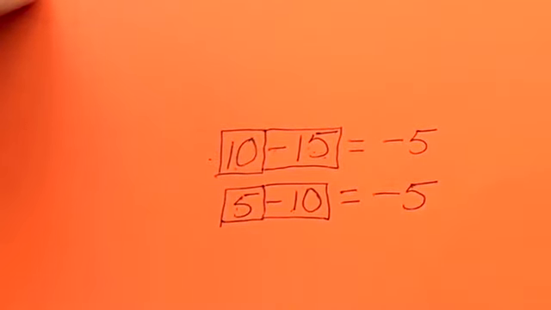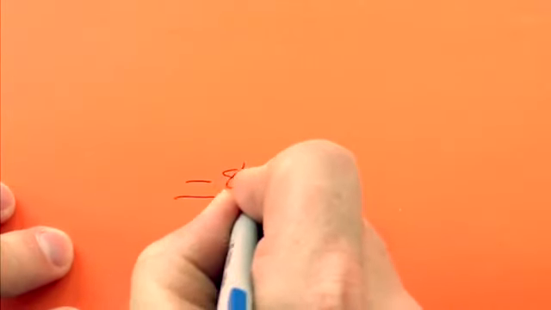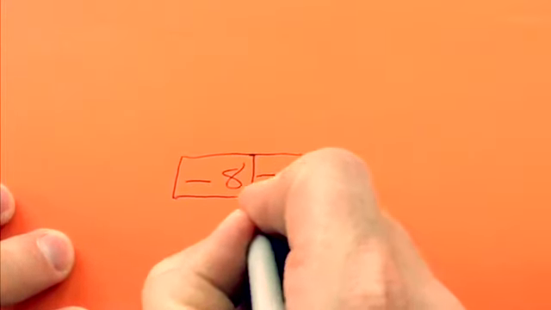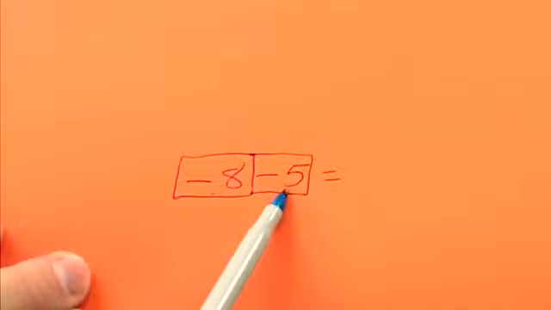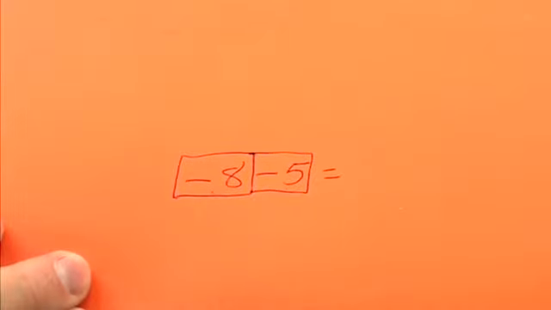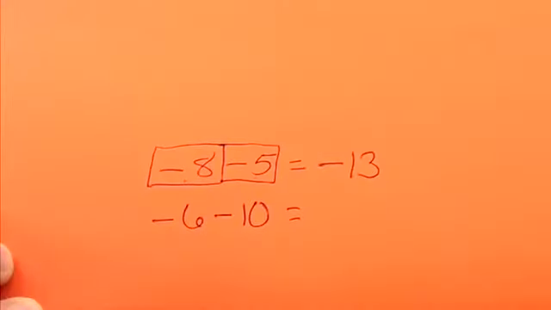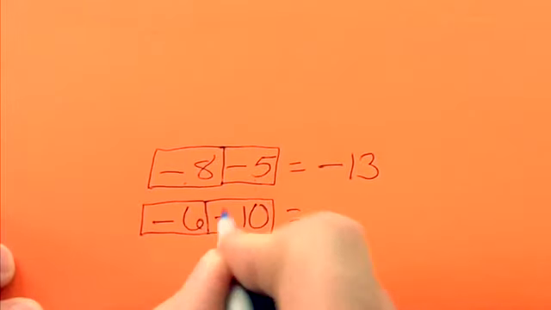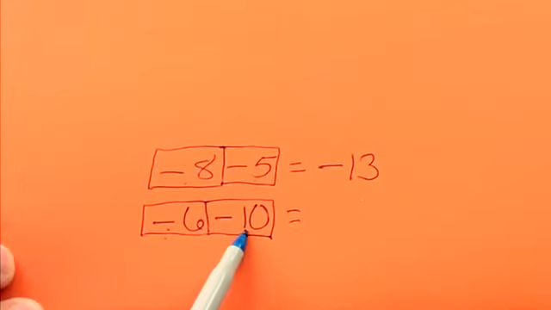Here's another example. What I would do is tell you to box off the integer in front and then box off the next integer. These are both negative. How many negatives are in this box? 8. And there's 5 negatives in this box. So if I have 8 negatives in this box and I have 5 negatives in this box, I have 13 negatives altogether. One more example like this. Box off my first integer and my next integer. I have 6 negatives in this box. I have 10 negatives in this box. Altogether, I have